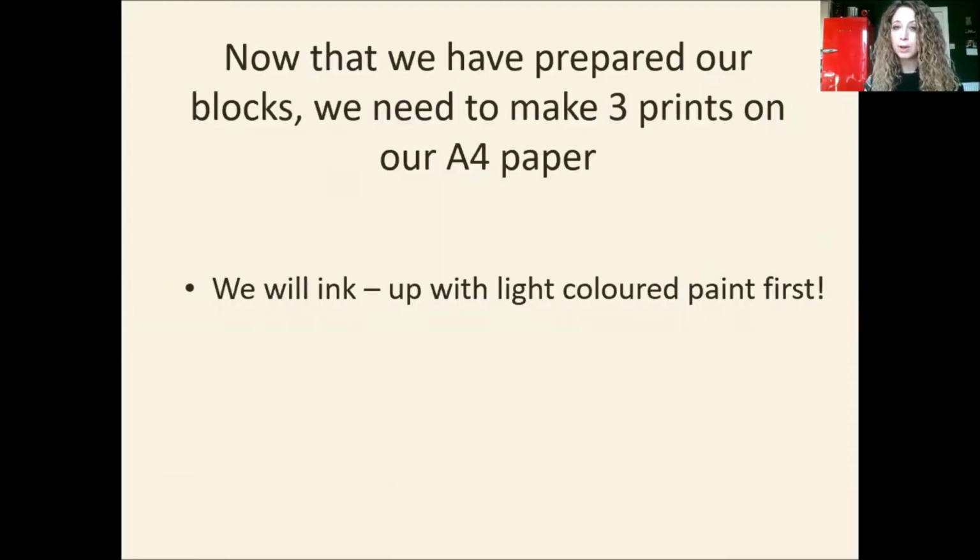Right, we've got our blocks ready, so we need to make a print on each of our A4 pieces of paper. We need to ink up first. I'll show you how to do that, and I'll show you how to print. If you're at school, after watching me, can you make 1 practice print, please, in your